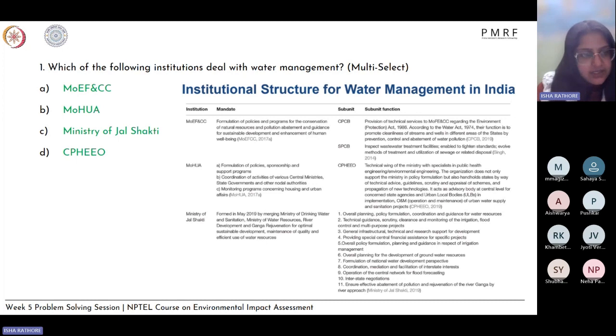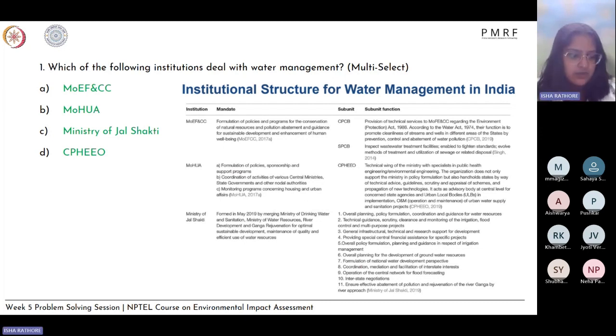Okay, so the correct answer is A, all of these above. So all of these institutes deal with water management. Whether in terms of policy, programs, or guidelines, all of these institutions deal with water management. So this is the slide from which this question has